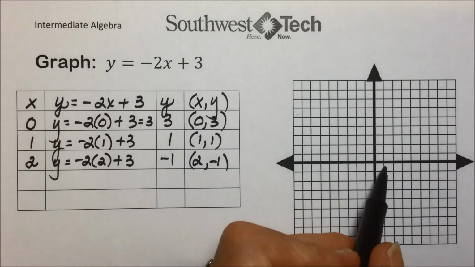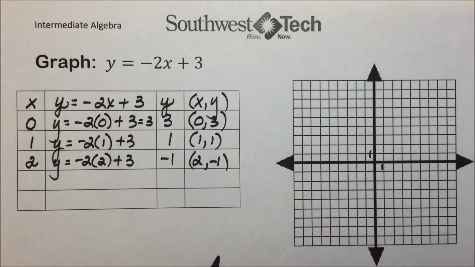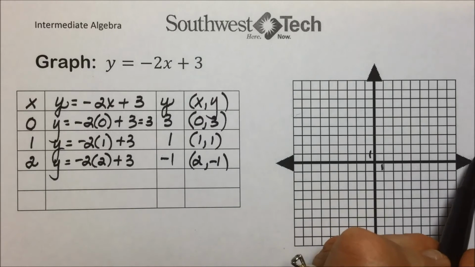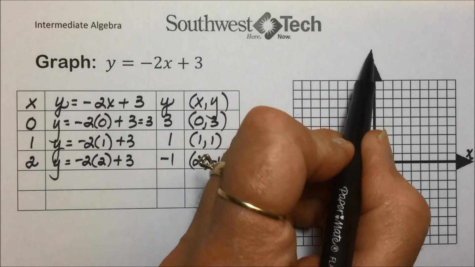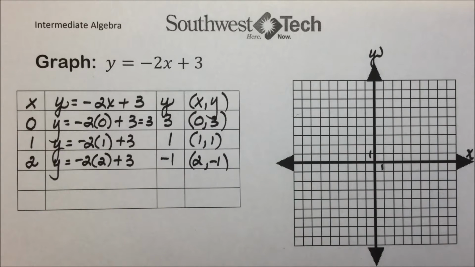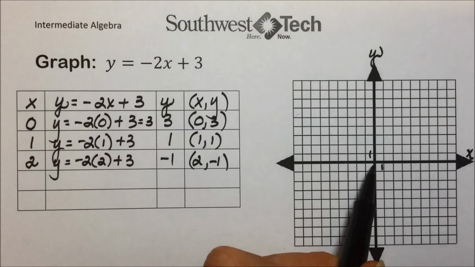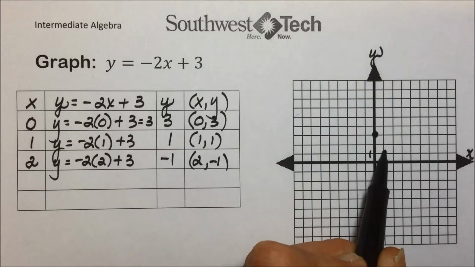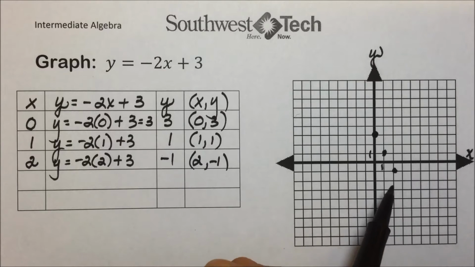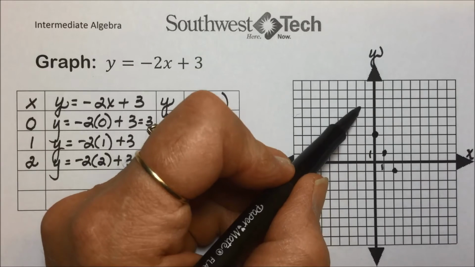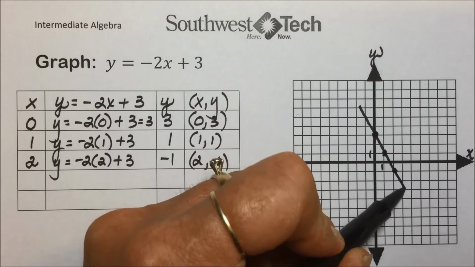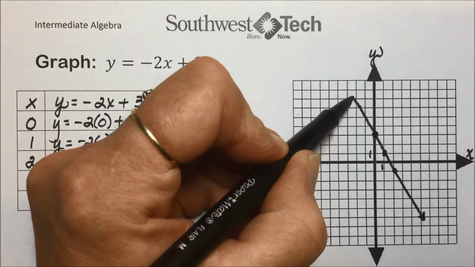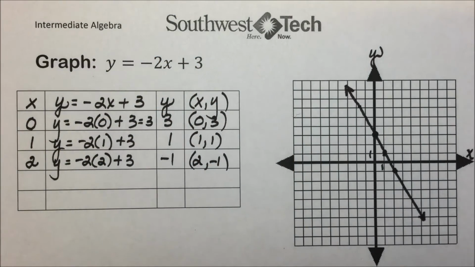All good graphs should have a scale. I'm going to go by ones on the coordinate system I have here. Horizontally, our x-axis, and vertically we'll have our y-axis. The first point we found was 0, 3, which means no displacement in the x, and 3 in the y. Next we had 1, 1, and then we had 2, negative 1. We have a trend going here, and if we connect these points, we have the graph of a line,